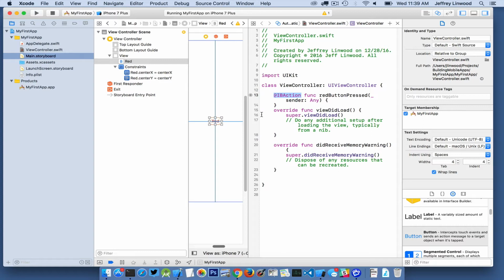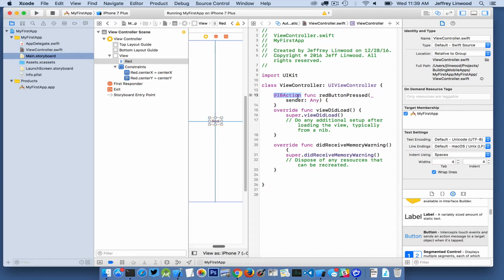So over here, these numbers are actually the line numbers of the code, and there's a dot here, and if I hover my mouse cursor over it, you can see that it shows that the red button is selected. So that's showing there is a link, that when someone presses the red button, it will run this function. So let's go ahead and just write one line of Swift code that will run when someone presses that red